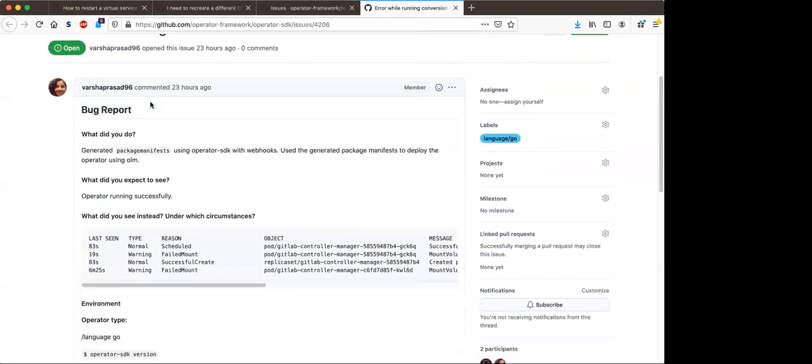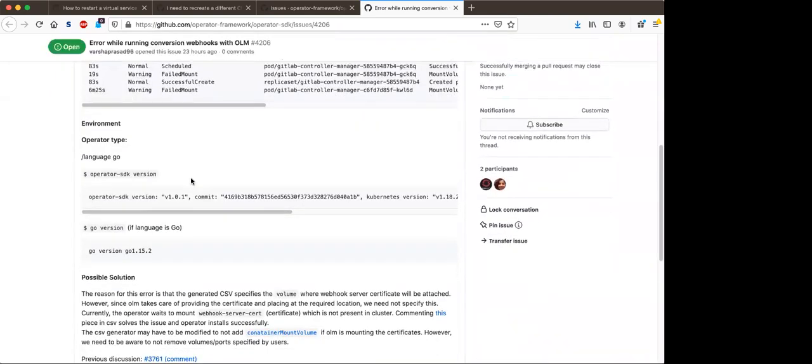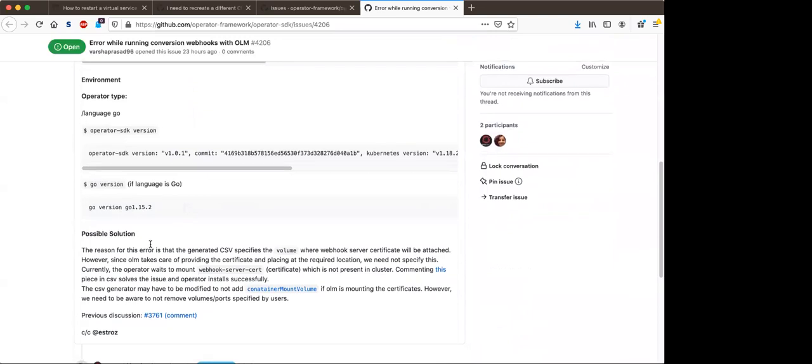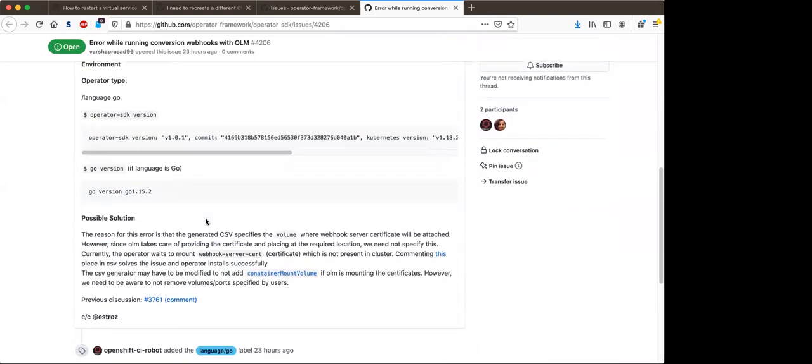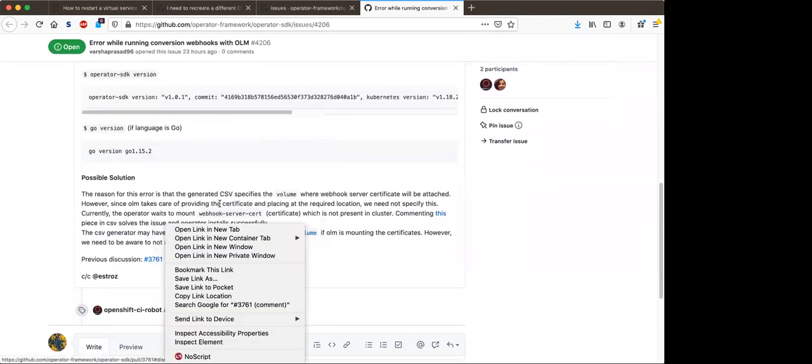Varsha, is this a temporary fix until OLM injects these in the right place, or is this something that's going to be permanent? I think this is something which we would need to change because right now OLM has made a fix to insert the certificate in the right place. So, okay, in the latest version of OLM, which I think is 0.17, it has that fix that I think we're both talking about.